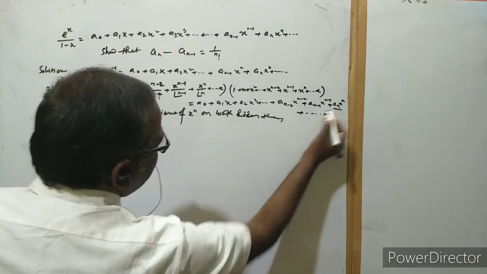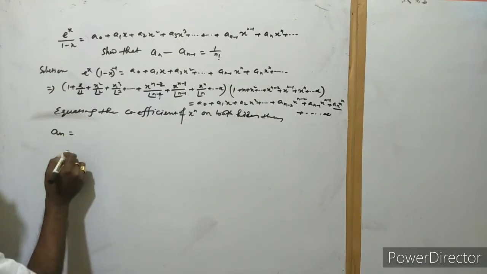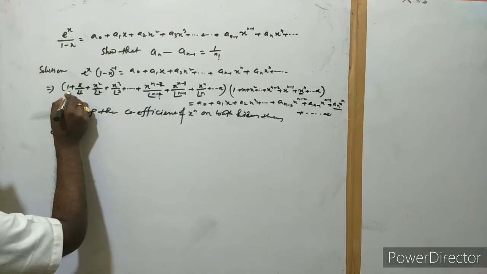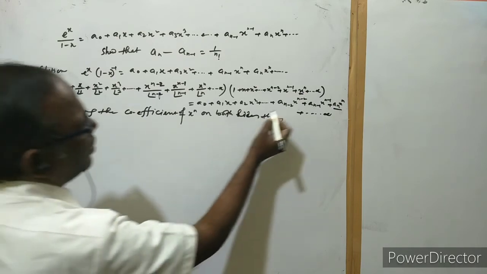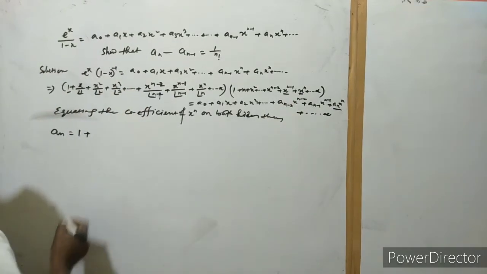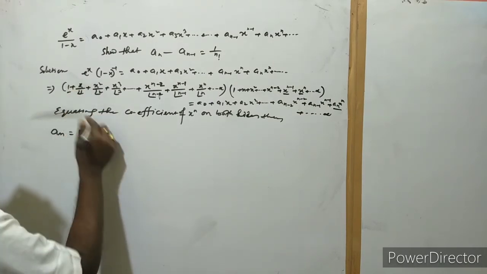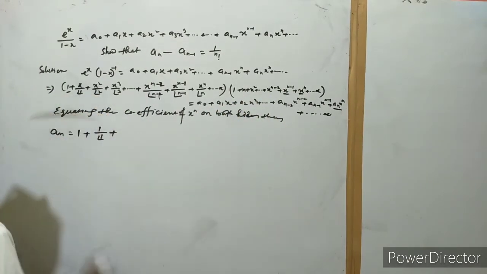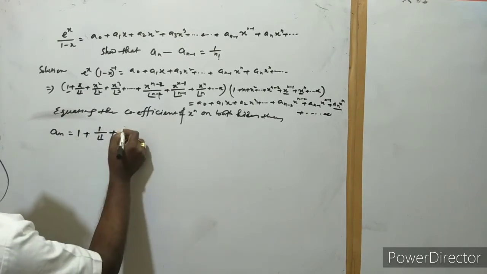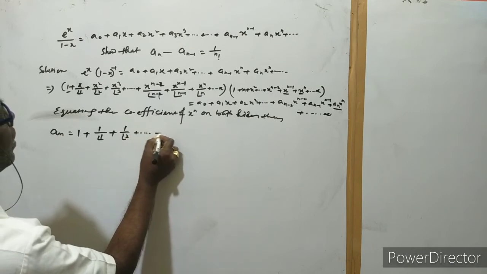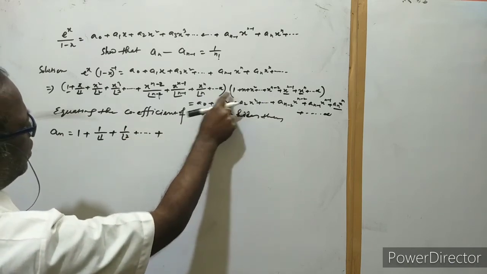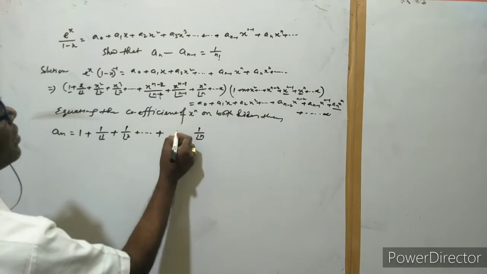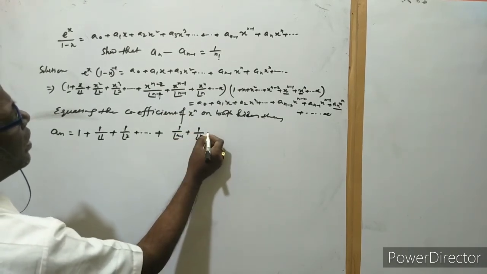On the left hand side, this is h to the power n, here a_n. If we start from here, this is x to the power n; if we multiply by that, we get 1. Again, if we multiply by x to the power n minus 1, we get x to the power n, then 1 by factorial n, factorial 1, sorry. After that x to the n minus 2, this is 2, so we get 1 by factorial 2. Then 1 into 1 by factorial n, x into this is 1 by factorial n minus 1. This is 1,